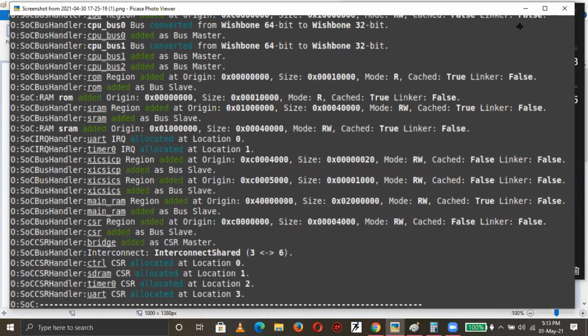Divided by 32. Each location is 32 bits, right? Yes, sir. What is it? 524288. Divided by 1024, that is 512K. Correct? 512K locations, not bytes, not kilobytes. Correct? Come back to the memory map.